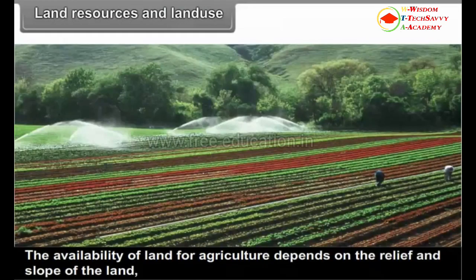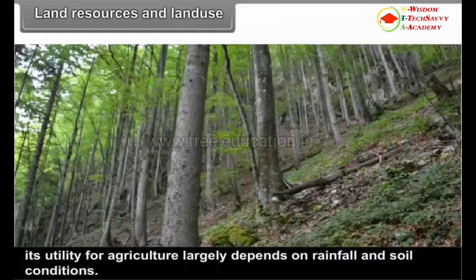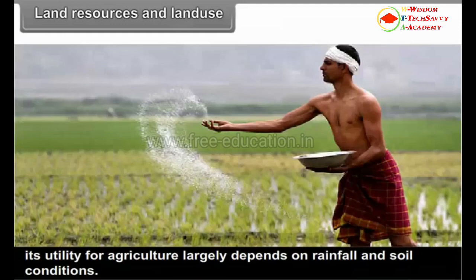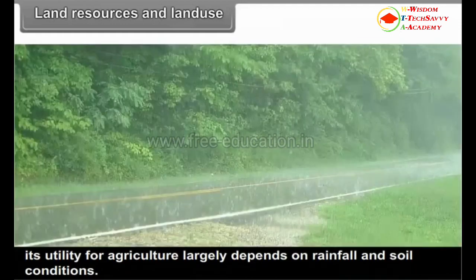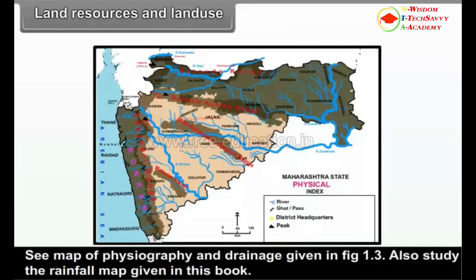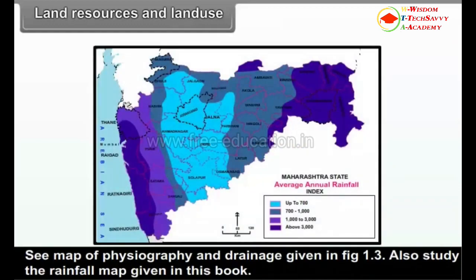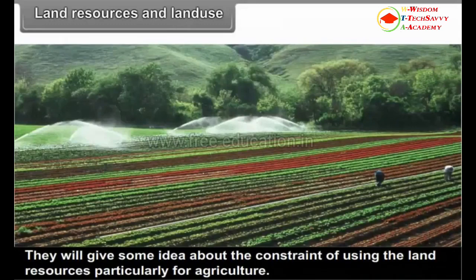The availability of land for agriculture depends on the relief and slope of the land. Its utility for agriculture largely depends on rainfall and soil conditions. See the map of physiography and drainage given in figure 1.3. Also study the rainfall map given in this book. They will give some idea about the constraints of using the land